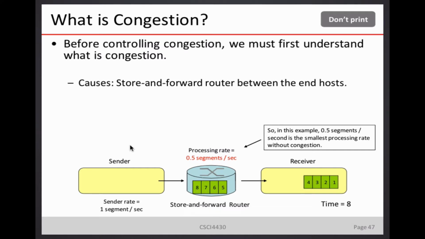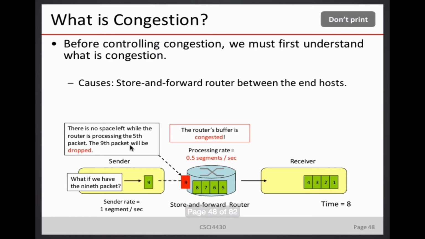But how about the 9th packet? When time equal to 9, what will happen? Do you have any buffer space? No buffer space anymore. So what should you do? Tell the sender to stop? No. The router doesn't have this feedback control. When we have the 9th packet, it will be dropped by the router. We call this strategy of a router the drop tail strategy, where when the tail gets full, the later-coming packet will get dropped.